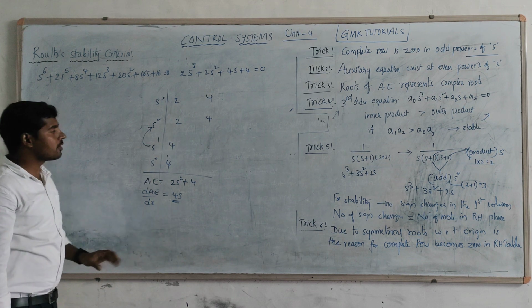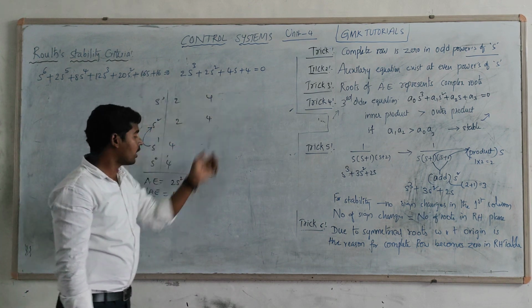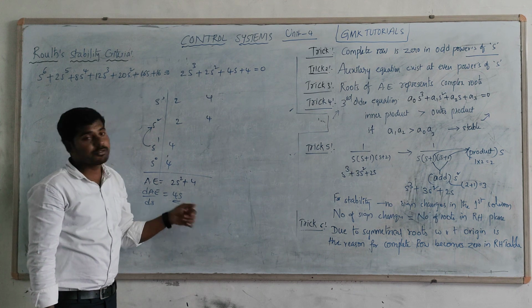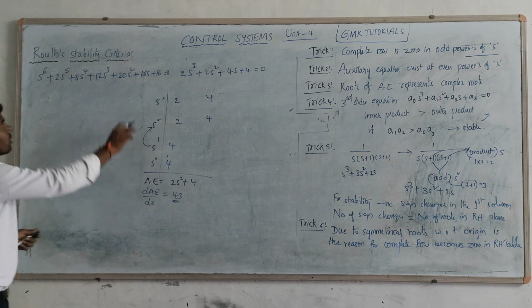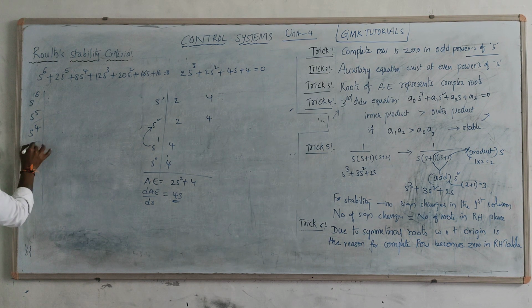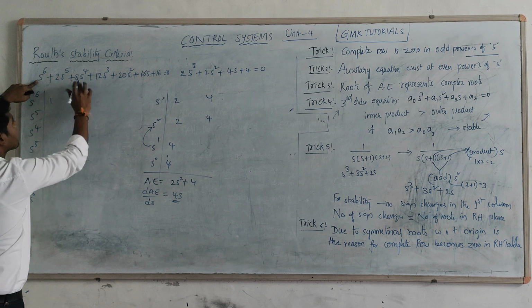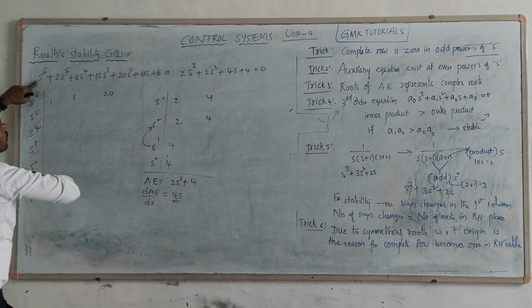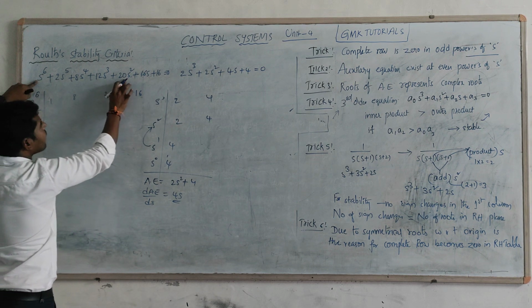Now this is the procedure for finding stability using RH criteria based on the characteristic equation. You can analyze when the system is stable. Suppose a value k is present; for what values of k does the system approach stability? Let me take one more example for simplicity, so I don't want to calculate all values. S power 6, S power 5, 4, 3, square, 1, 0. For S power 6, only even terms: 1, 8, 20, and the last one 16. So 1, 2, 3, 4 values.